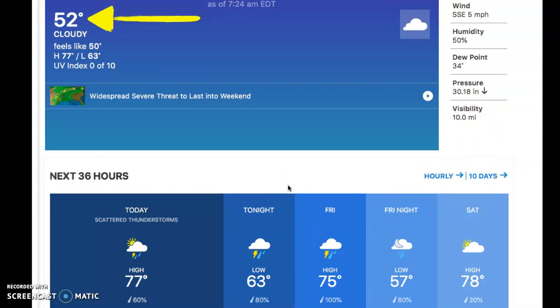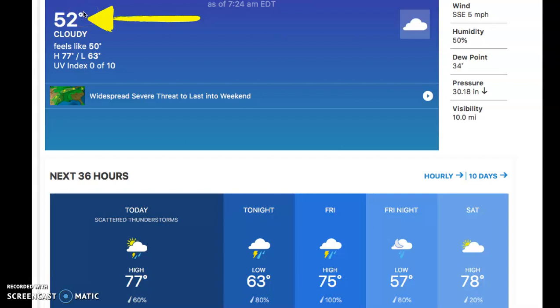Here is the temperature. So how do we say this? 52, right? So we don't say five-two. This is one number. So we say fifty-two. And then this one here, the little circle, we say degrees. So 52 degrees. And in the United States, like I told you, we're talking about Fahrenheit, but we usually don't say 52 degrees Fahrenheit. We just say, when you're living in the United States, talking to another person who lives in the United States, 52 degrees.